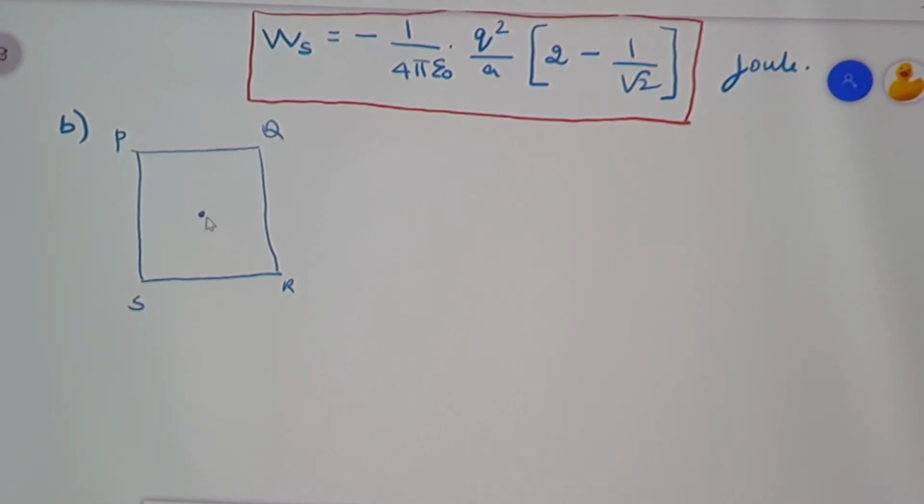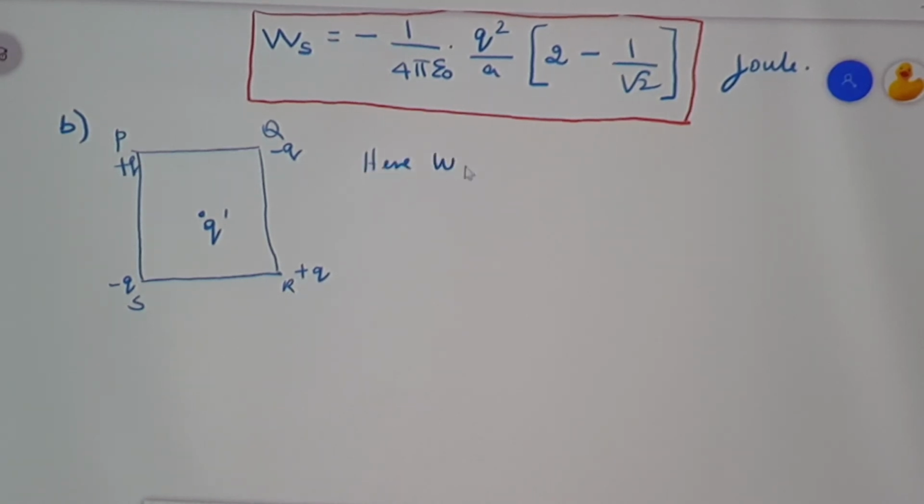At the center, we have to bring a charge. The charge is Q dash. Keeping the four charges at the corners, plus Q, minus Q. Then here it is again plus Q, and here minus Q. What is the work done in order to bring the charge Q dash to the center of the square, keeping all these charges constant?